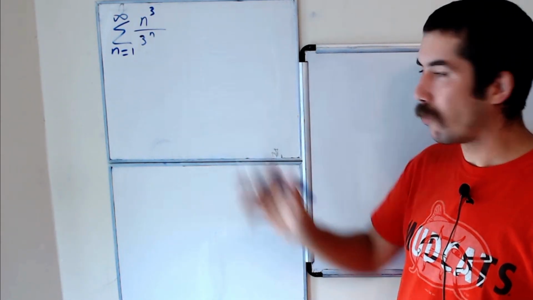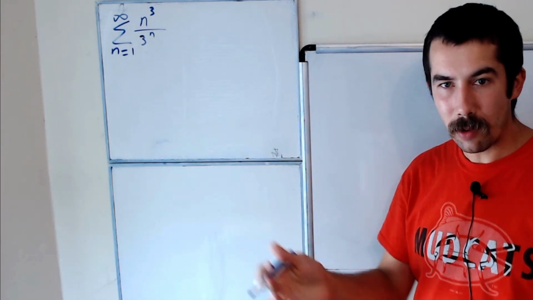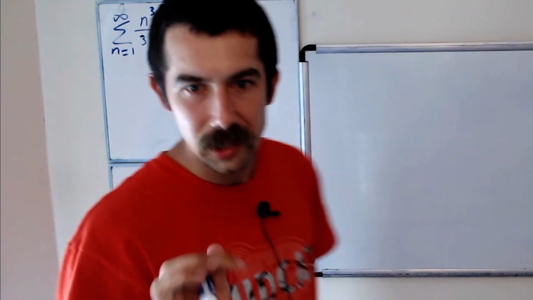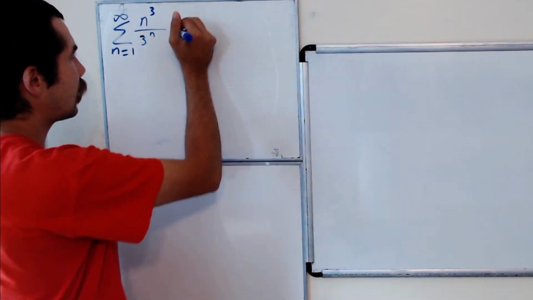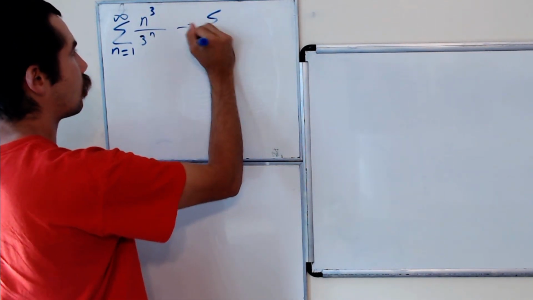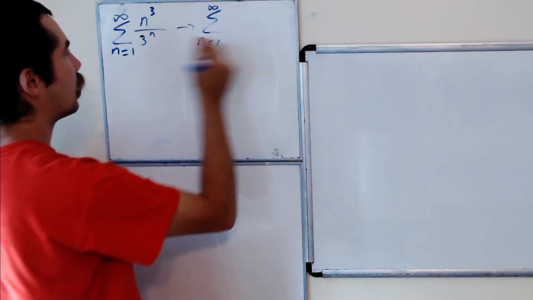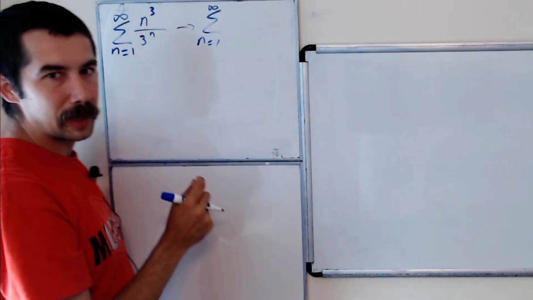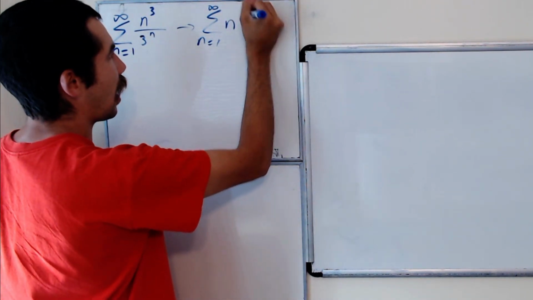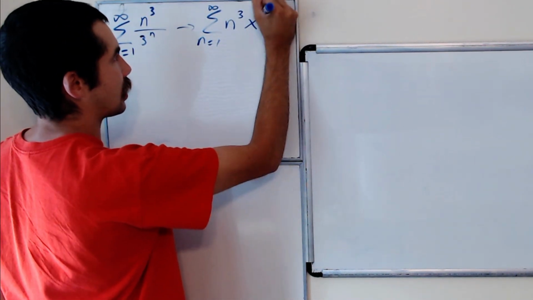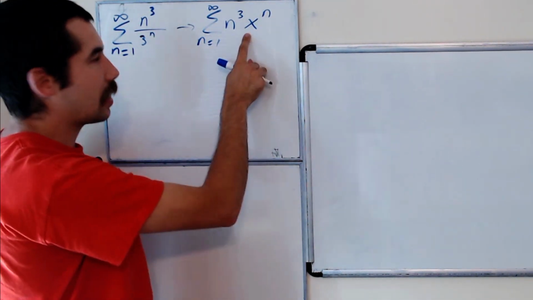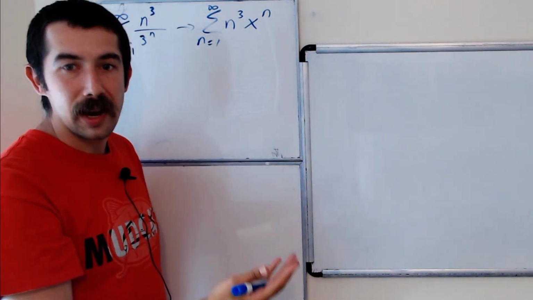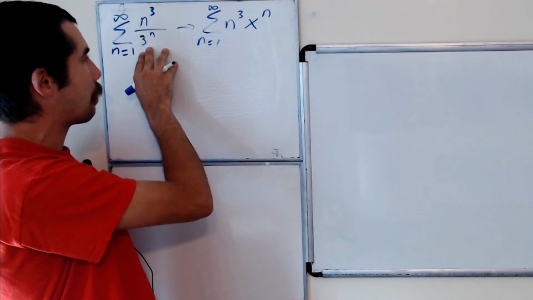Okay, so in order to evaluate this sum, we're actually going to consider a slightly different sum. So let's consider the sum from n equals 1 to infinity. Instead of n to the third over 3 to the n, let's look at the sum of n to the third times x to the n. Okay? And then we're going to evaluate at x equals 1/3